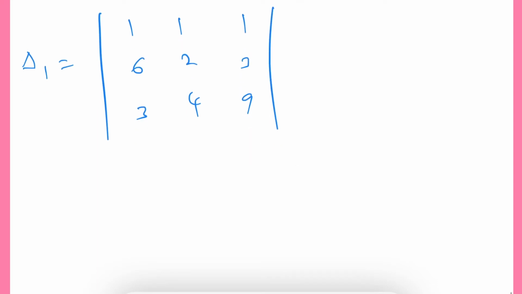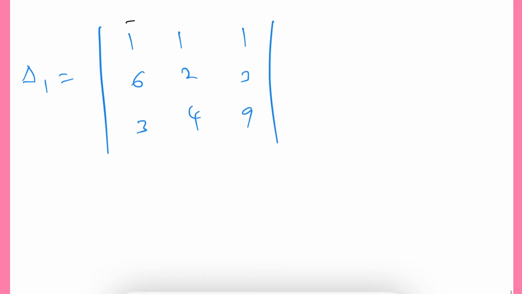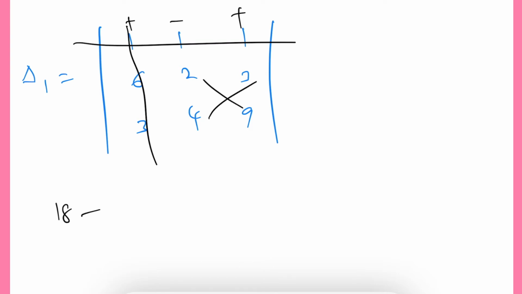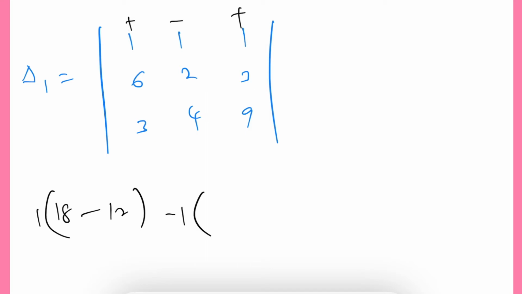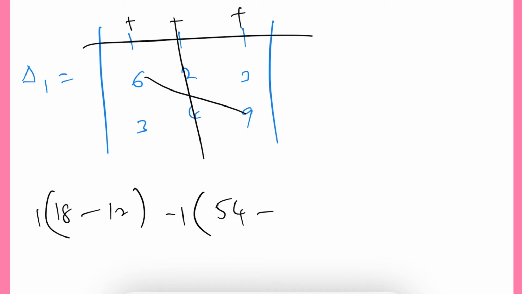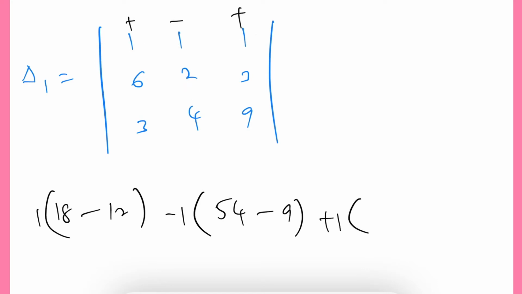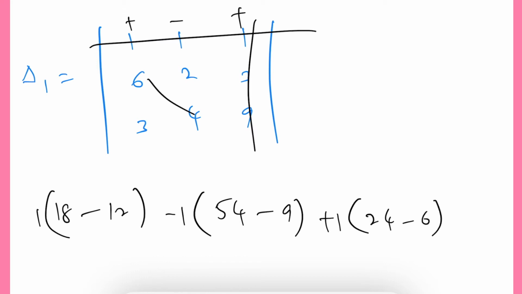This will become plus, this will become minus and this will become plus. So if we remove this row and column, 2 9s are 18 minus 4 3s are 12, because anyway all are plus only, right? So 1 into that. Next will be minus 1 into, if we remove this row as well as column, 6 9s are 54 minus 3 3s are 9. Next, last one will be plus 1 into, if we remove row and column, 6 4s are 24 minus 3 2s are 6.